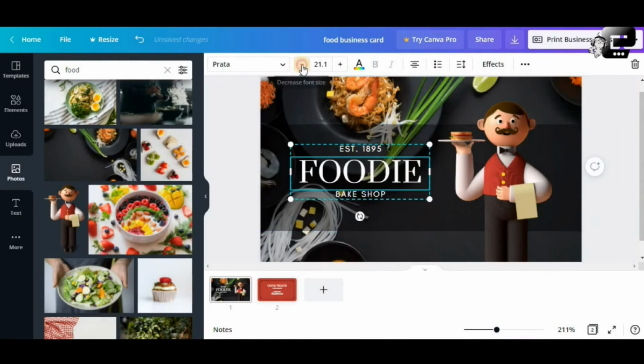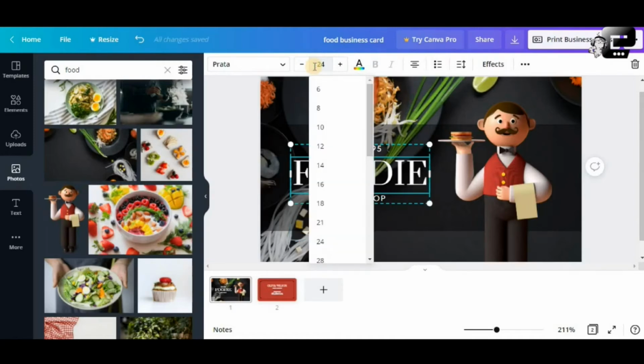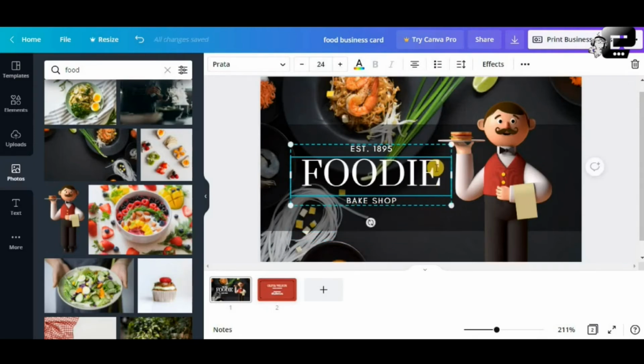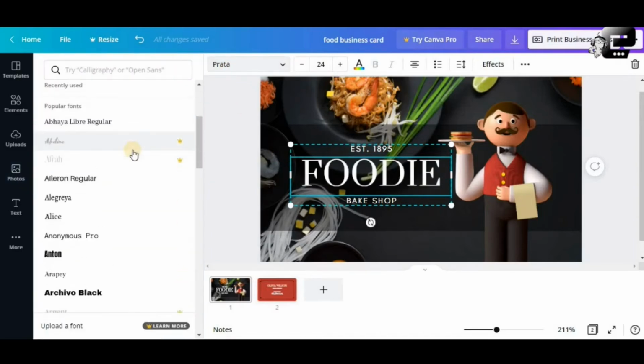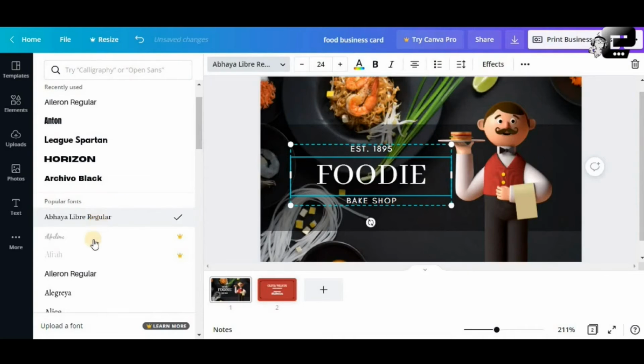You can increase or decrease the font size here on top. Alright, that's up to you. You can just type it here, for example, 24 to large. You can just drag it here in the middle. There's the handle here, so it stretches, which is really nice. You can also change the font if you want. You can just go to the different fonts here, click on this one and choose a different font. You can play around with different fonts, whatever you think would look better on the design you are making.